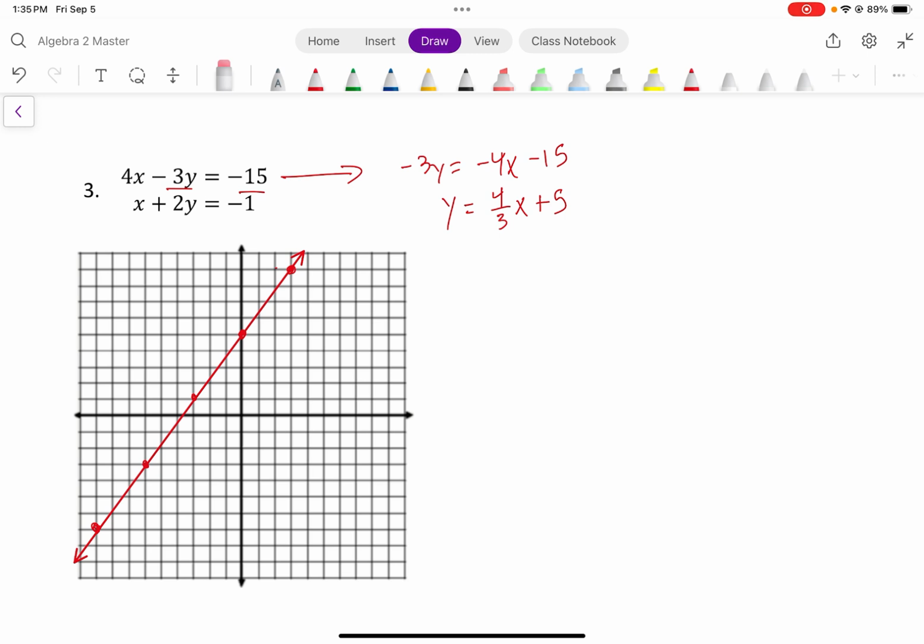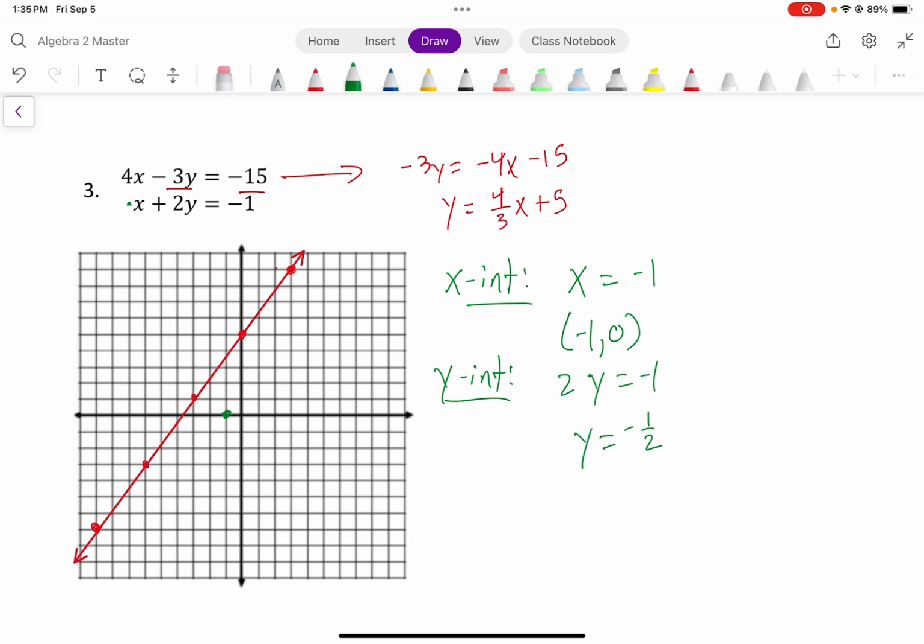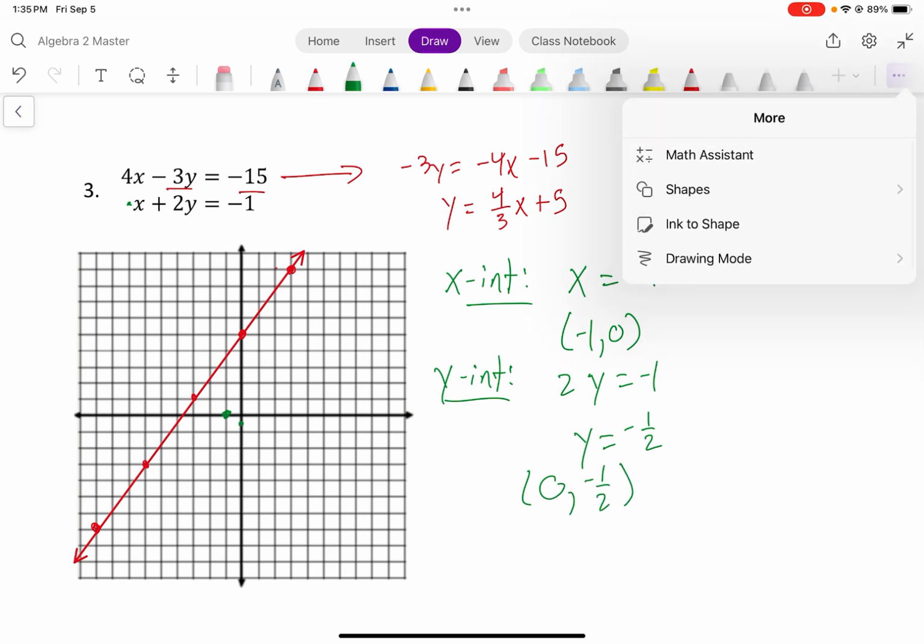My x-intercept for this green one, that's going to be when y is equal to 0. Well, that's just x equals negative 1. The y-intercept, that's when x is equal to 0, 2y is equal to negative 1, y is negative 1/2. Very, very close. So when I go to draw my line here,